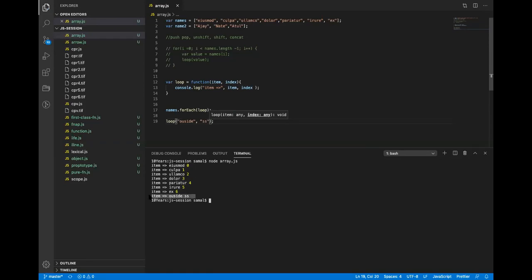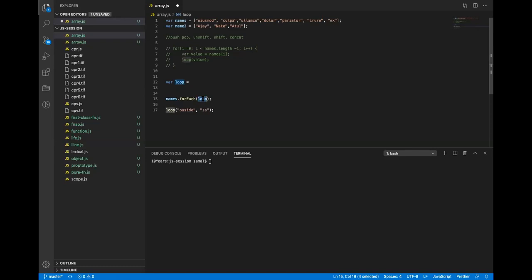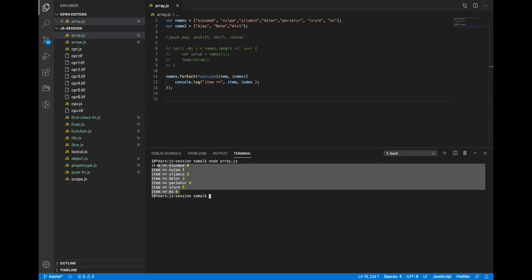But because I want to give a function only for running this forEach, I can pass this function directly as an inline function. And that is why I covered the concept of inline function. Now if I run this, this function is only within the scope of this forEach. This function is passed as a reference to the forEach function as a parameter. If I run this now, I will still get the same output.